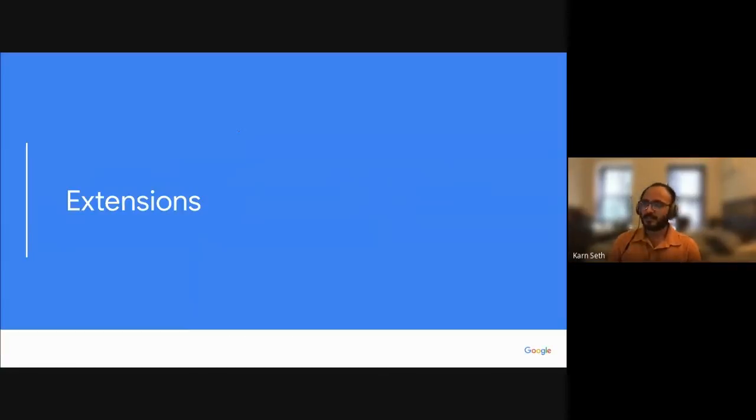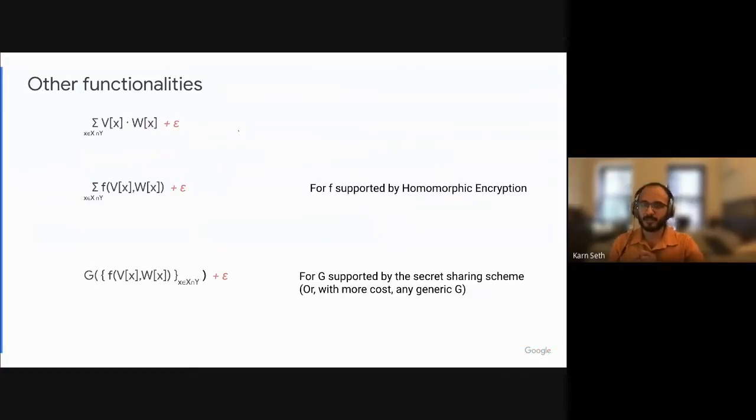Yeah, and there are some extensions possible on what functionality we can compute. We talked about dot product in the work, and we were focused on dot product because we saw clear applications for it. But basically, if you don't want the product of the weights, you can do some other function F of the weight from the user and the weight from the server. And the restriction, if you use our technique, is that this F has to be supported by a homomorphic encryption scheme. So a single multiplication is easily supported. Some other functions would also be supported.